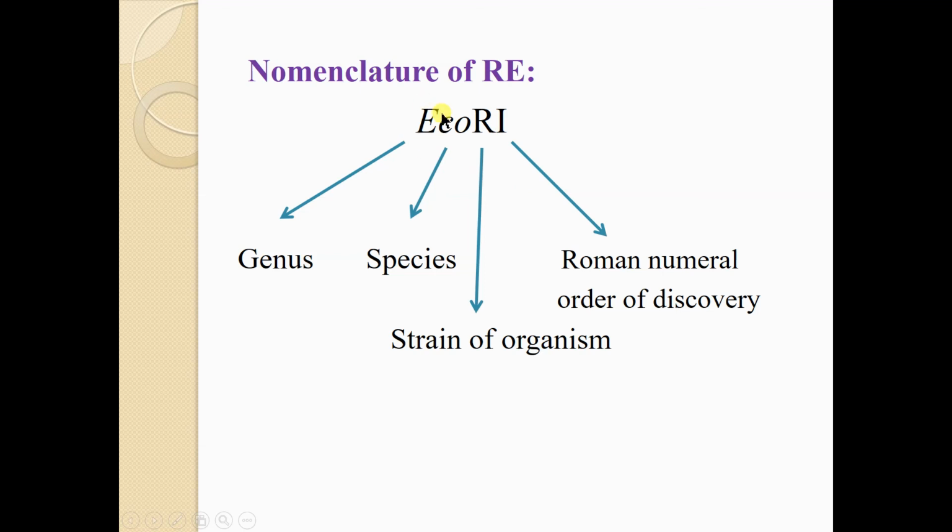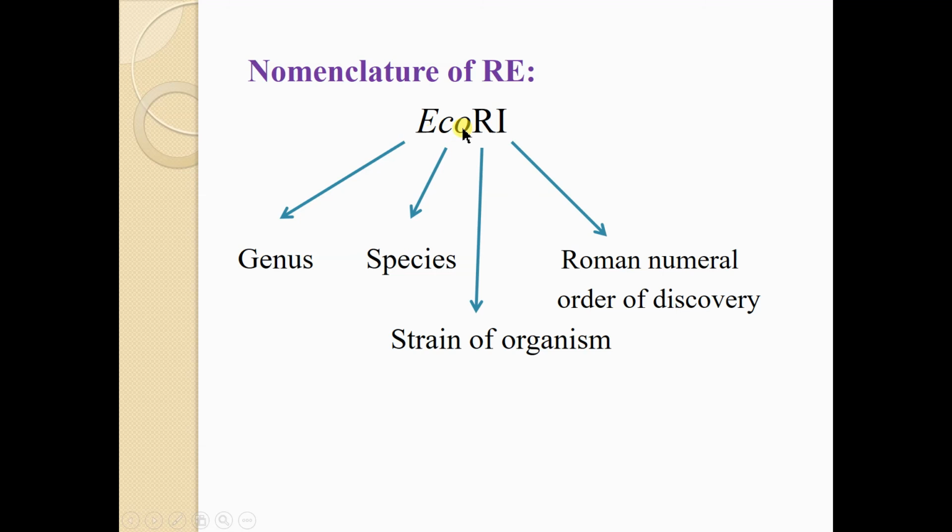The first word is a capital letter of English, and it is written in italic form. This suggests that it is the genus of the specific bacterium. Which specific bacterium is it? The E means Escherichia. E. coli means Escherichia coli. So Escherichia is the genus.